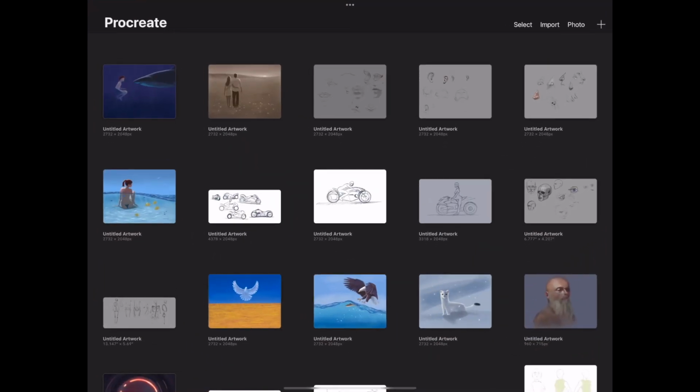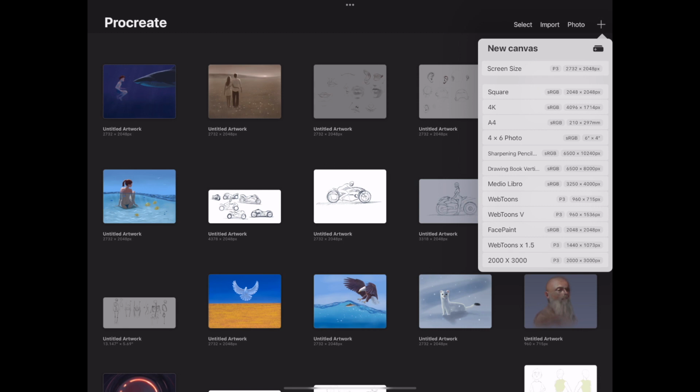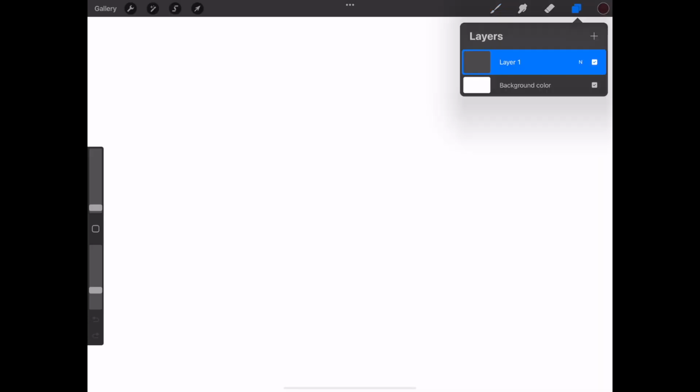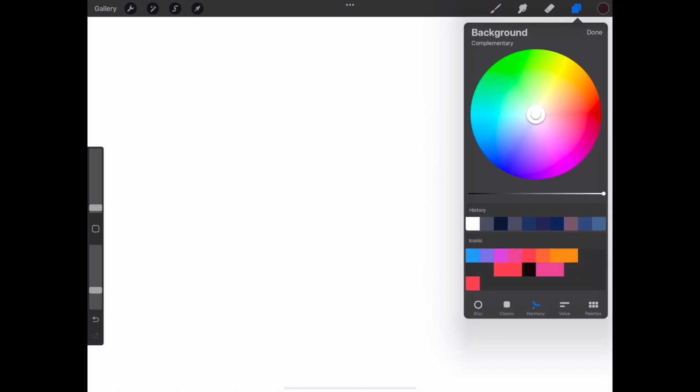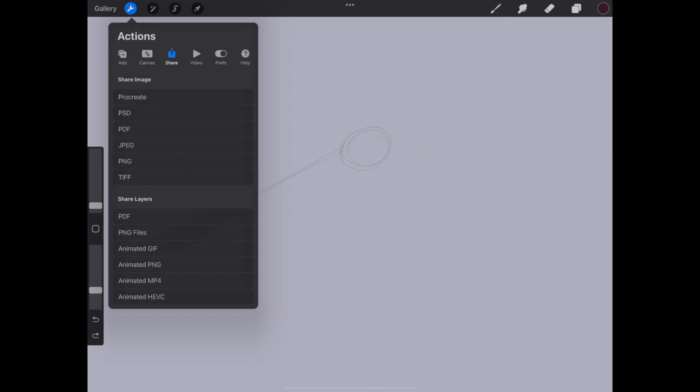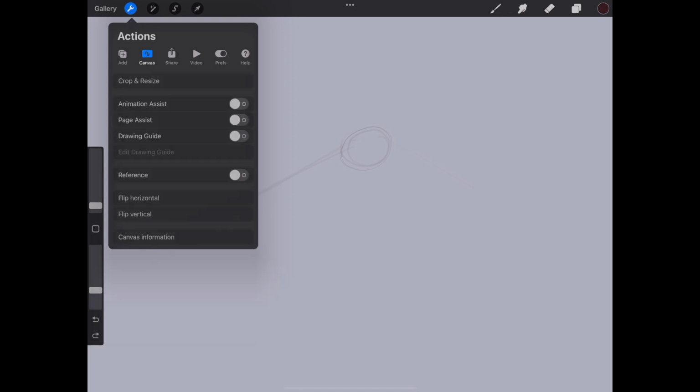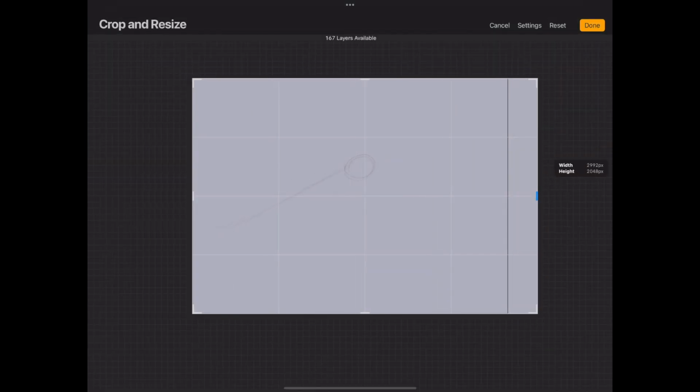I am Leonardo Perez Nieto and today we will draw an eagle flying digitally. I created a screen-sized document and we toned the background with gray. Let's draw an oval for the body of the eagle and the wings. I want more space, so we go to the settings, canvas and crop and resize.